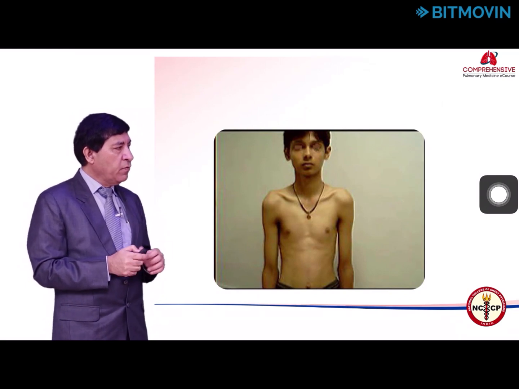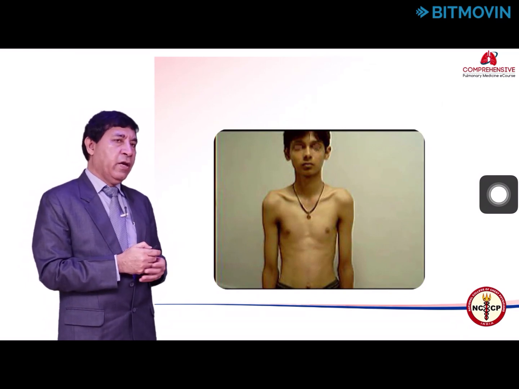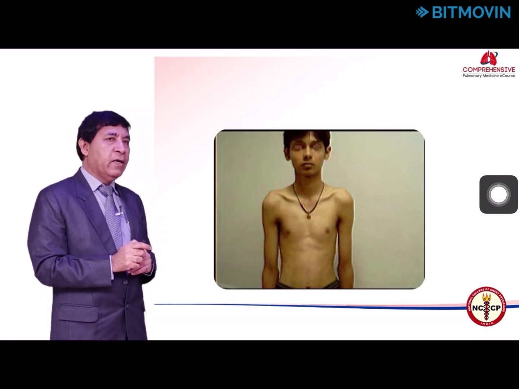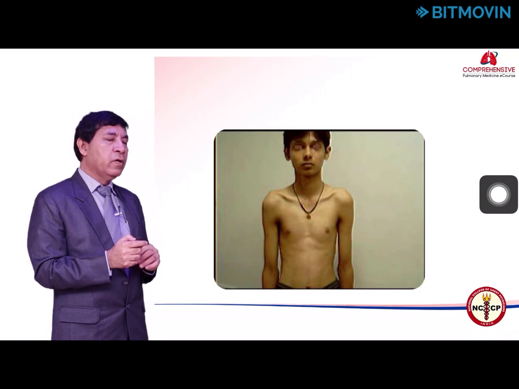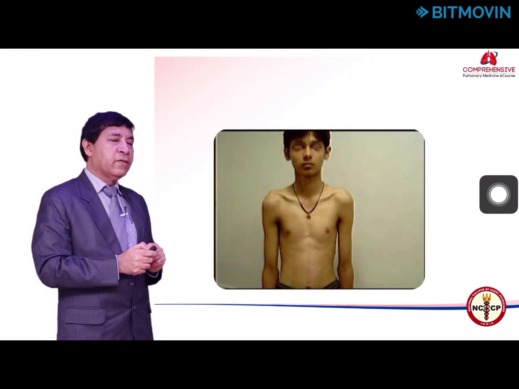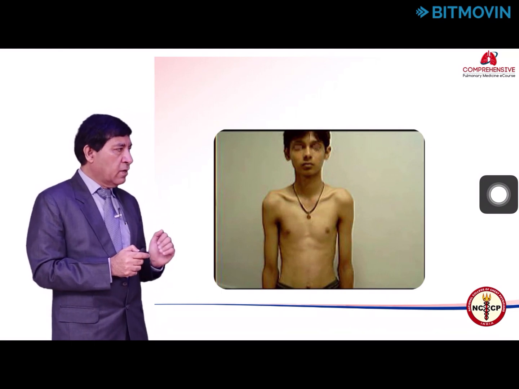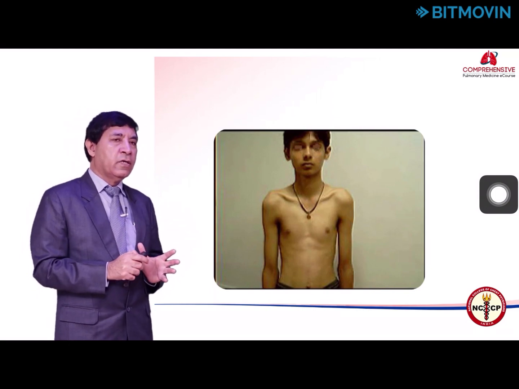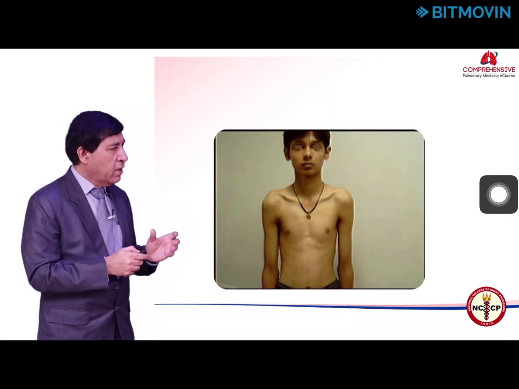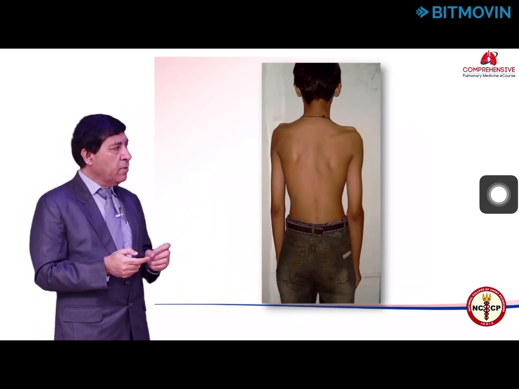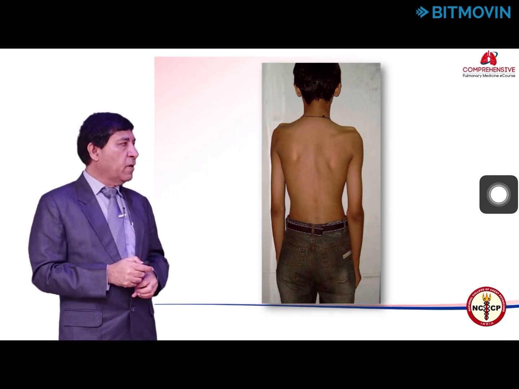Again, if you see it very carefully, the right shoulder appears slightly lower than the left shoulder. Look into the nipples, the right nipple looks slightly lower. Again look into the axillary fold, this looks slightly lower on the right side. So it's a very subtle presentation of the size of the hemithorax, and you can see that the right hemithorax appears to be smaller in this case. Again, posteriorly you will be able to appreciate it much better.